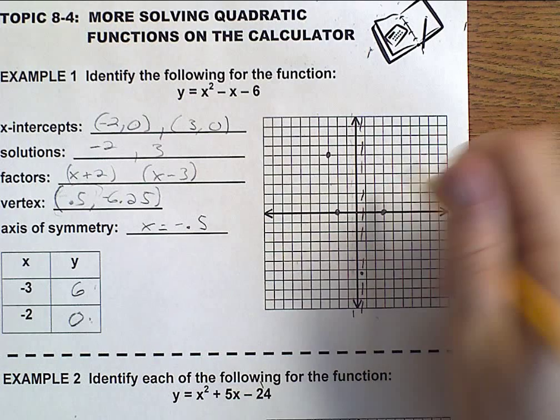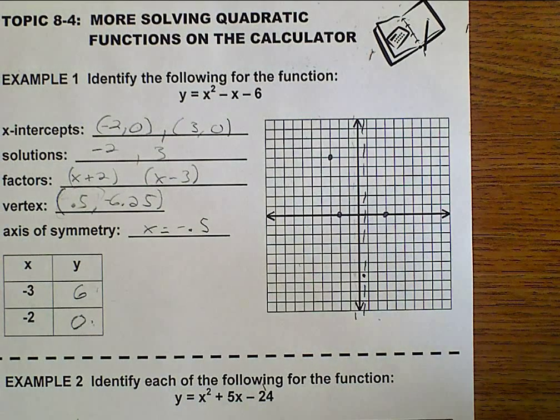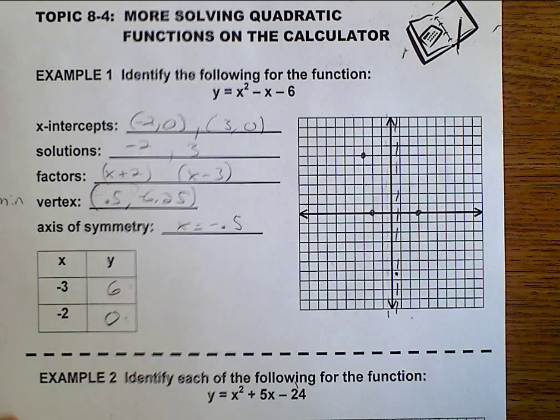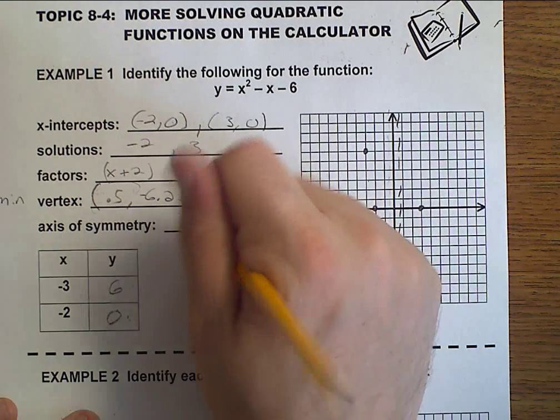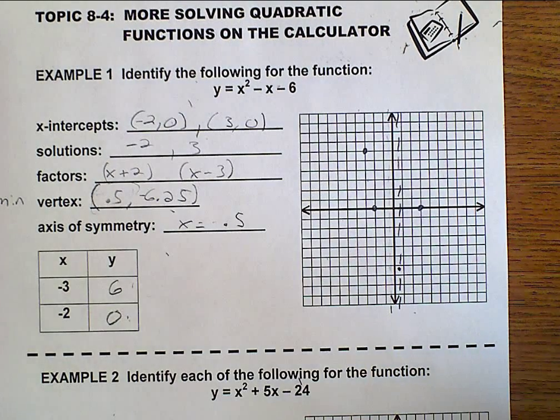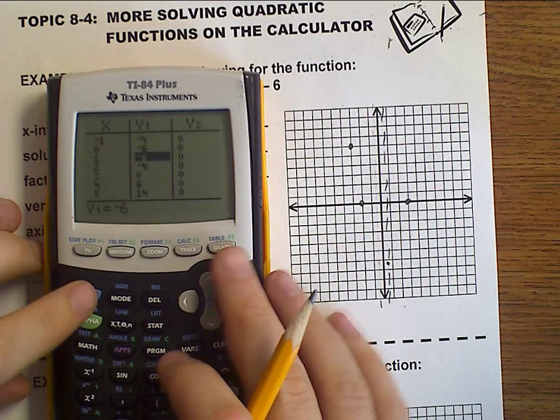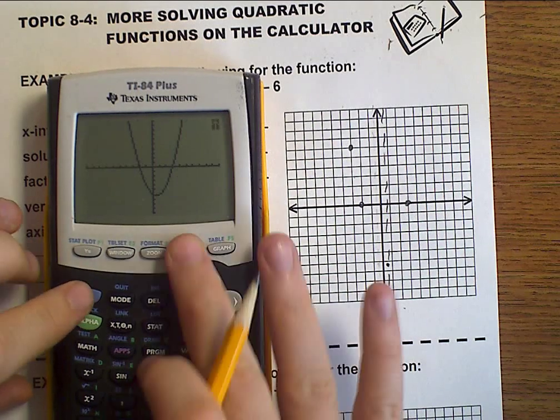Yes, right here. Alright. And so it's not x equals -0.5, it's x equals positive 0.5. Go back to my graph and let's go ahead and just confirm this. Minimum,